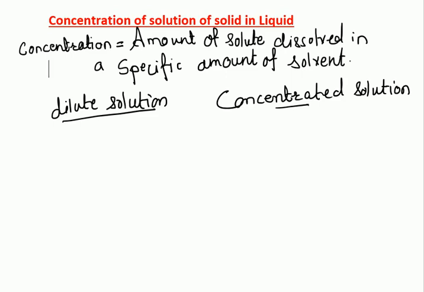The first way to discuss the concentration is percentage by mass. The mass of the solute in gram dissolved in solvent to form 100 gram of solution is called the percentage by mass. Definition: